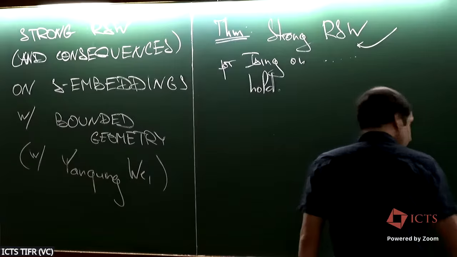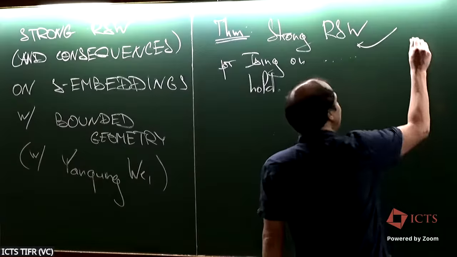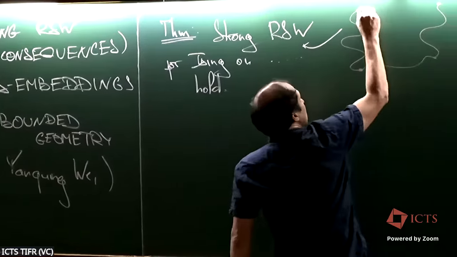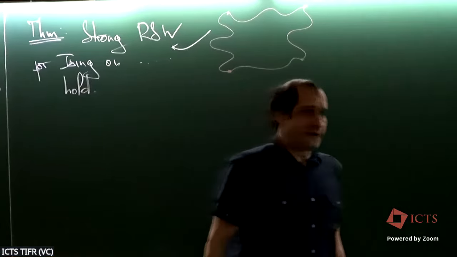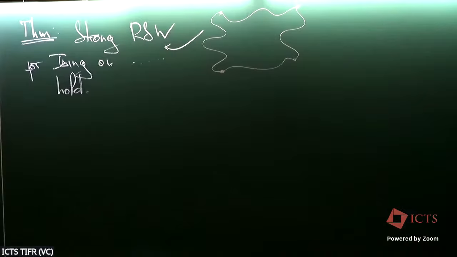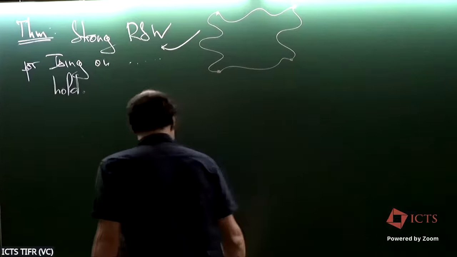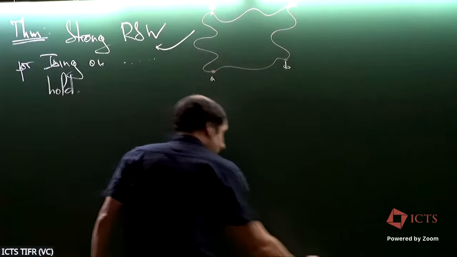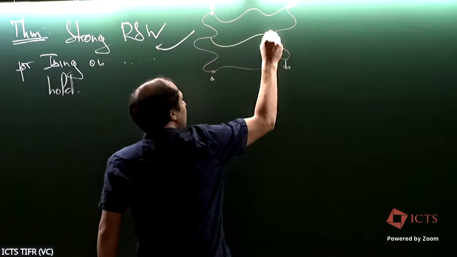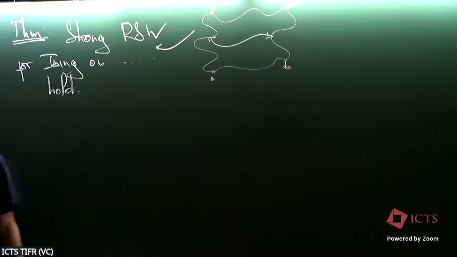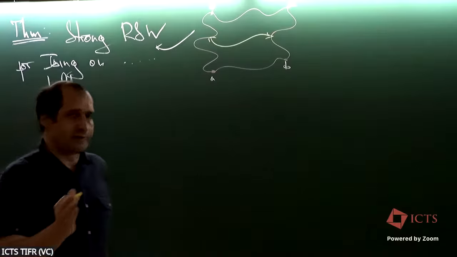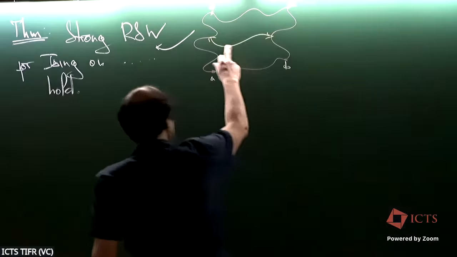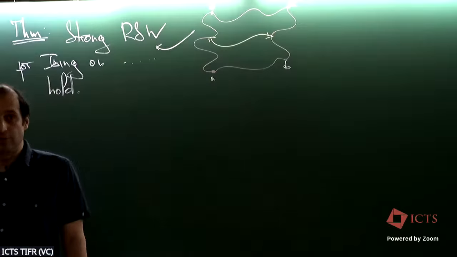So strong RSW tells that if I have a quad, and this quad can be whatever you can imagine, just a quad in the plane. And for a while, I invite you to think about the square grids. Models are defined on the square grid. So if I mark 4 points at the boundary, like A, B, C, D, and I ask about crossings that touch the boundary with unfavorable boundary conditions. So my colors are yellow and red, following Trishen's suggestion rather than yellow and blue. So I ask about crossings from boundary to boundary with unfavorable boundary conditions.